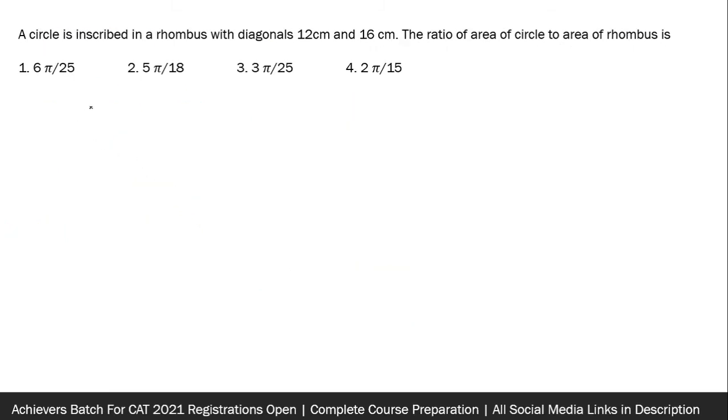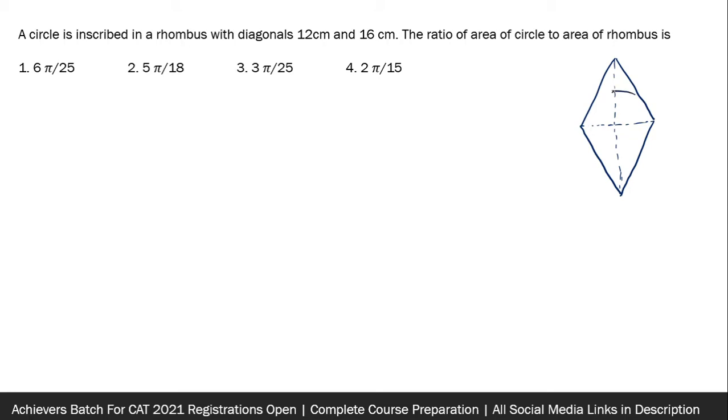Okay, a circle is inscribed in a rhombus with diagonals. Now again I will try to wrap this question by a shortcut method. To be able to do well in the questions of quadrilaterals, you have to be very good with the properties of triangle, because that is the base over which almost all the properties of quadrilaterals are made.